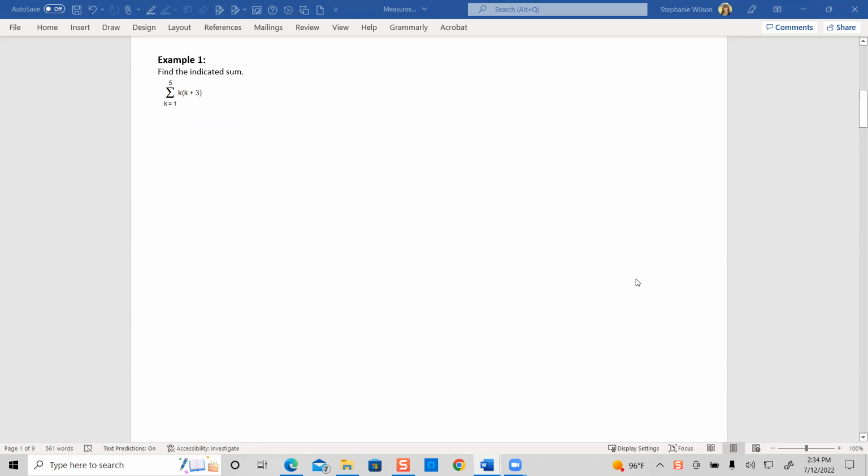Example 1 says solve for the summation of this indicated operation where k has a lower bound of 1 and goes up to an upper bound of 5. So that means k is going to be 1, 2, 3, 4, 5. So I'm going to plug it in and solve. All right, now that I have this written down,